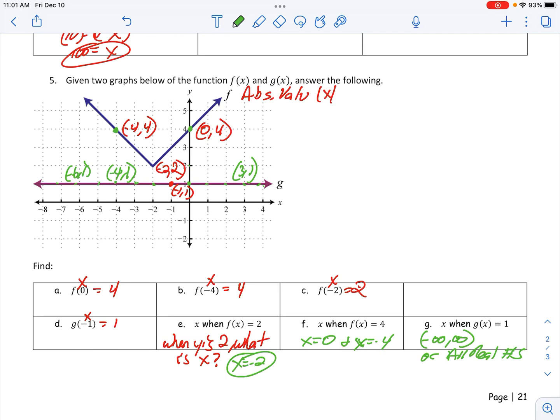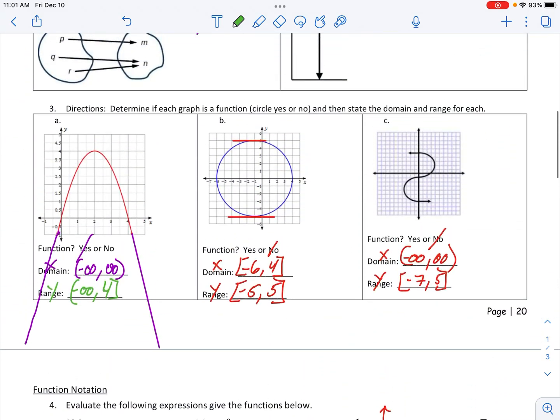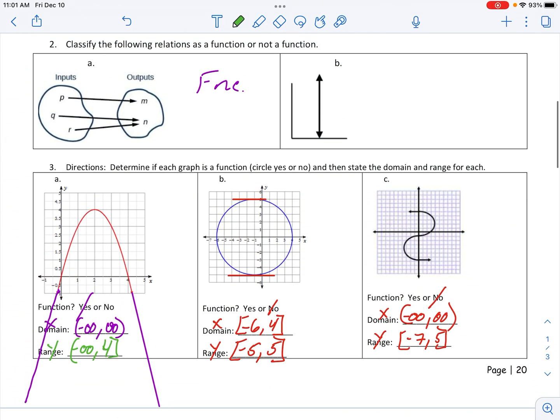All right, assignments online, practice through that. But this is essentially what we've been focused on the last couple of days: functions, function notation, domain and range. A lot of it's just getting practice and getting used to that. Answer keys online for the